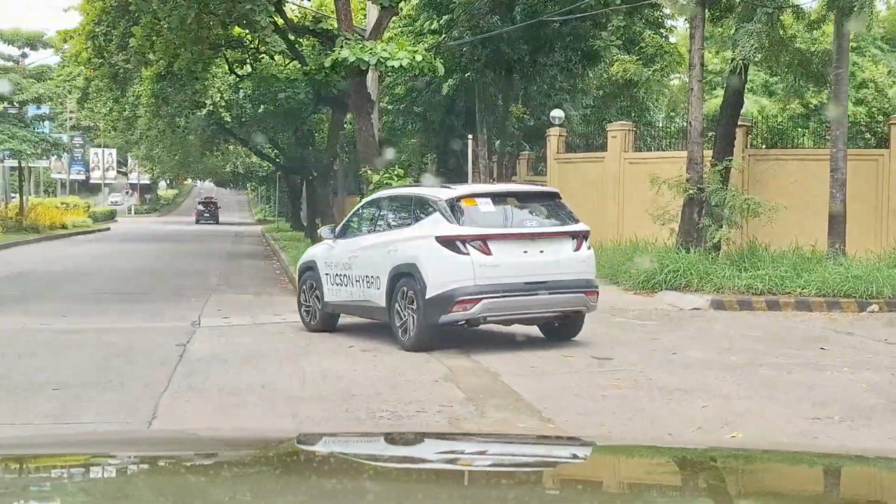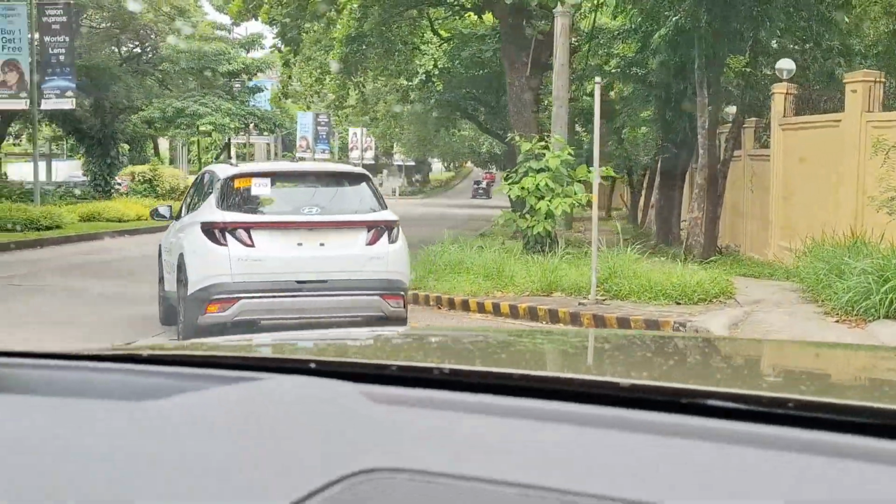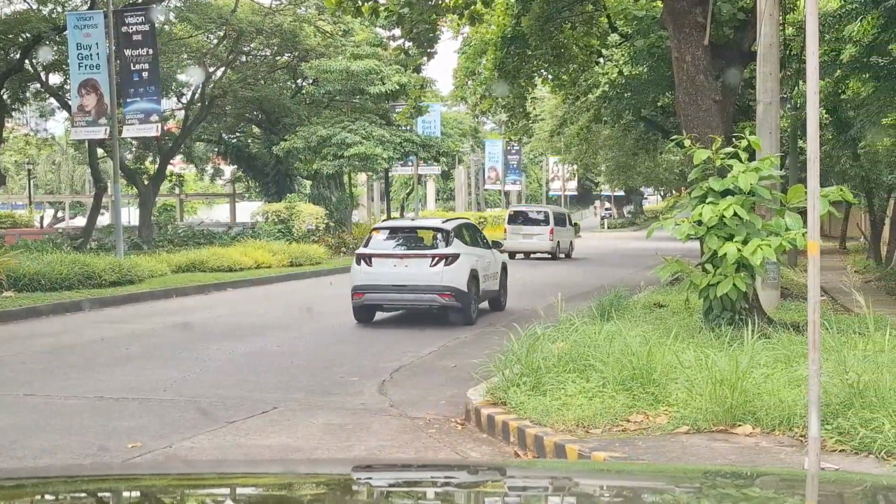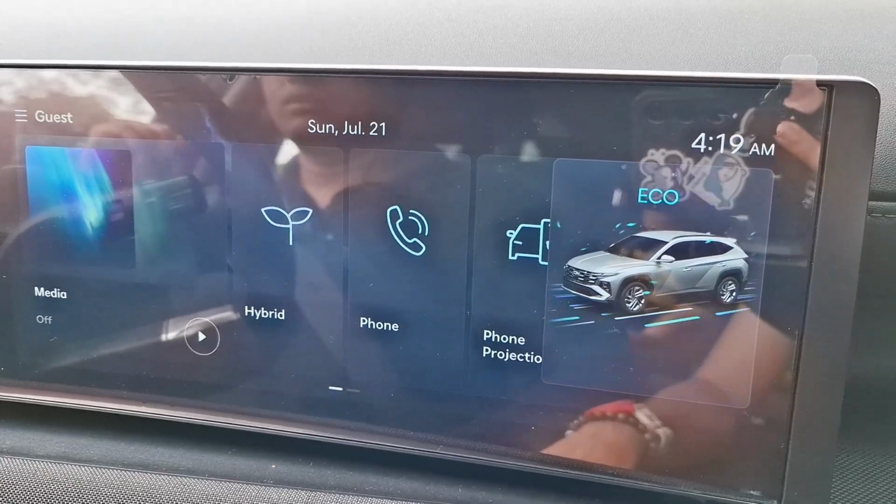So now finally driving the Hyundai Tucson Hybrid. And we've just left it here in Eco mode. There are three modes: Eco, Sport, and the Custom My Drive mode. And this is what's special now, driving a Tucson Hybrid. This is what I've been waiting for. You can run this in fully electric mode. And of course, when you just want to floor it,